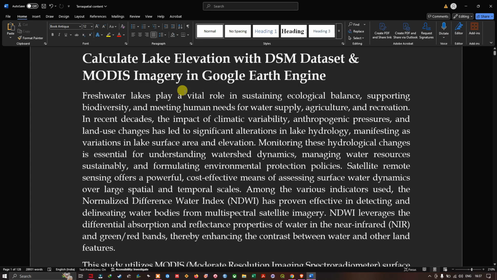Freshwater lakes play a vital role in sustaining the ecological balance, supporting biodiversity, and meeting human needs for water supply, agriculture and recreation. In recent decades, the impact of climatic variability, anthropogenic pressures and land use changes has led to a significant alteration in lake hydrology, manifesting as a variation in the lake surface water area and elevation. Monitoring these hydrological changes is essential for understanding watershed dynamics, managing water resources sustainably and formulating